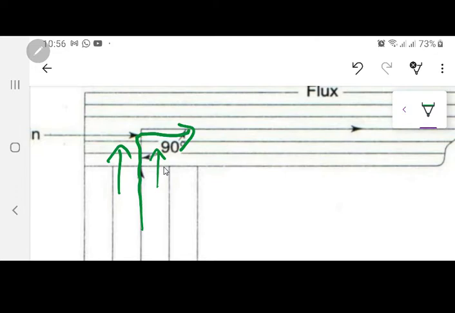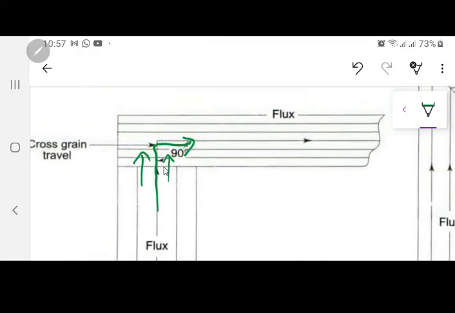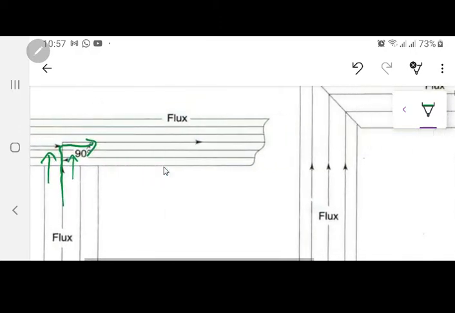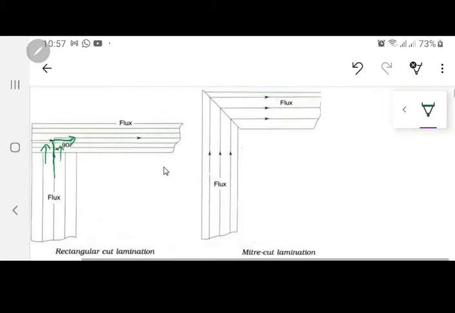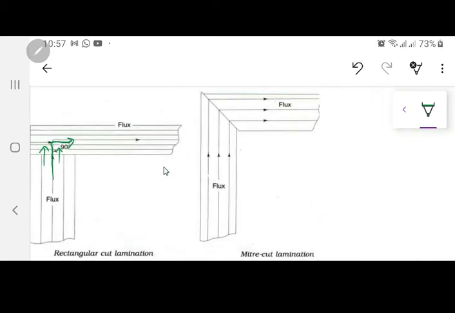So when the reluctance of the core is going to be more, the easy solution is this: instead of using this rectangular structure cutting, you go towards this type of structure cutting, and this type is called mitred cut lamination. Here the cut is made at 45 degrees, and now the disadvantage that was inside the first one is reduced. The flux lines are still not entering in the same direction, but they are entering at 45 degrees. So the losses are not going to be that much, and when the losses inside the core are small, you can have a transformer with almost zero core losses.